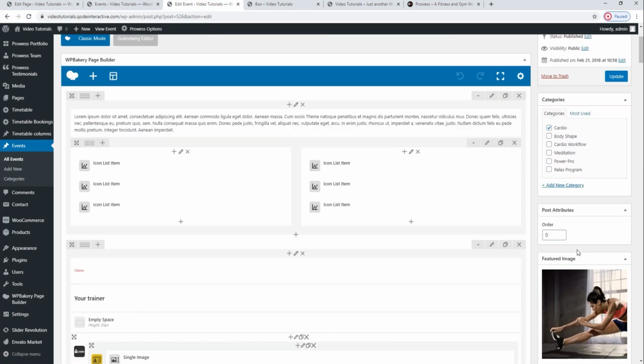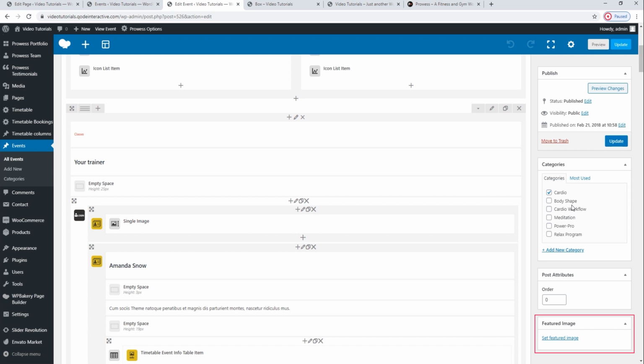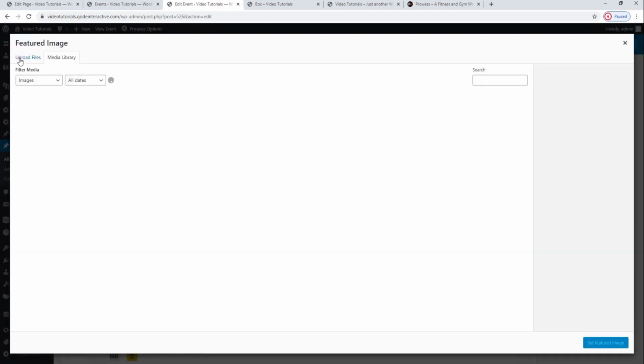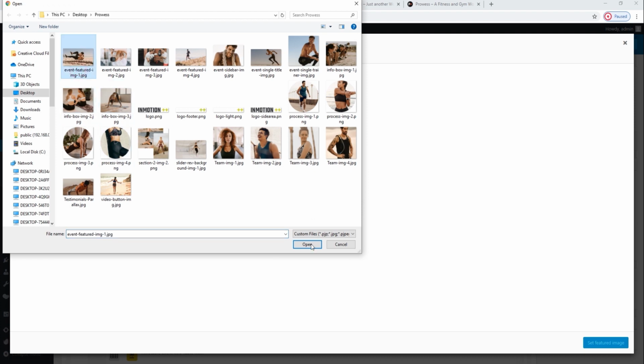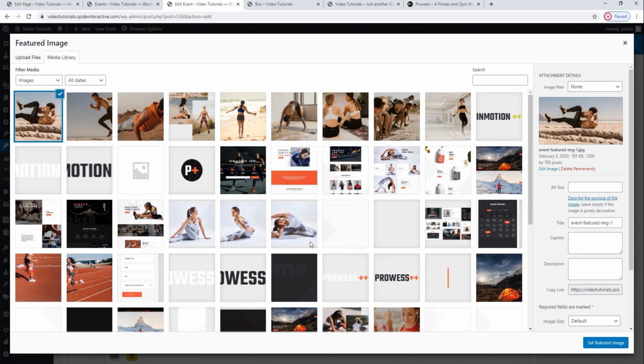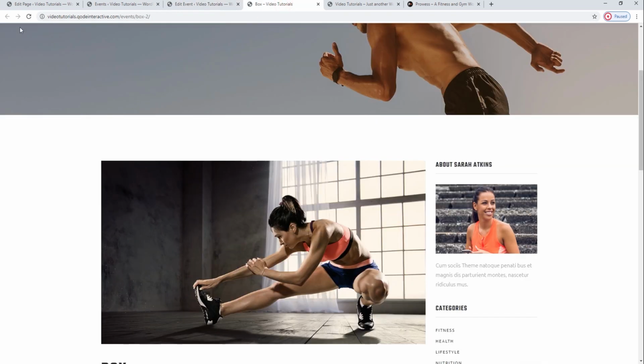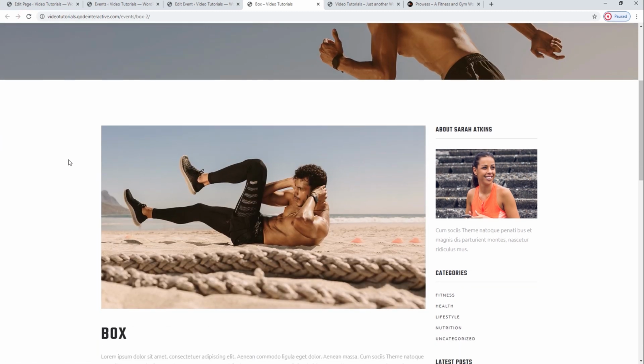Go back to your page backend and here in the right portion you will find the featured image setting. Click on Remove Featured Image. This will create an option Set Featured Image. Click on it and upload the image from the media library. Its dimensions should ideally be 1300 pixels by 700 pixels. This size is ideal because of the grid. It will allow your image to be the same width as the content. After the upload, click on Set Featured Image, update the entire page, and check the live site. This image will later appear on the list on our homepage in the Event section.